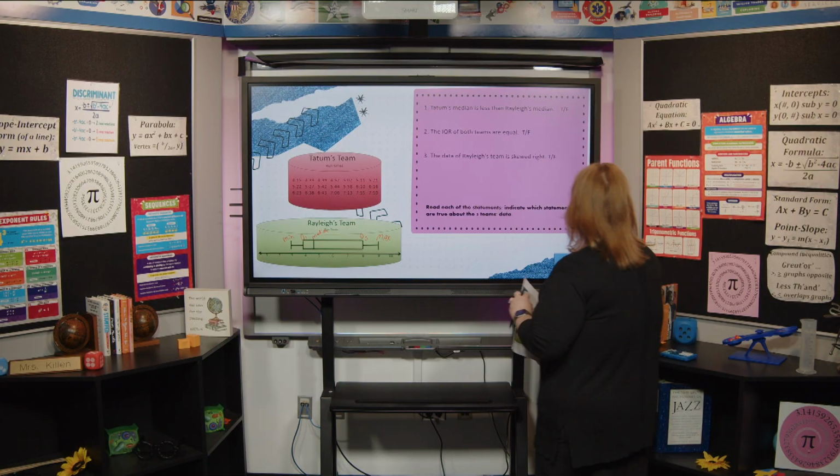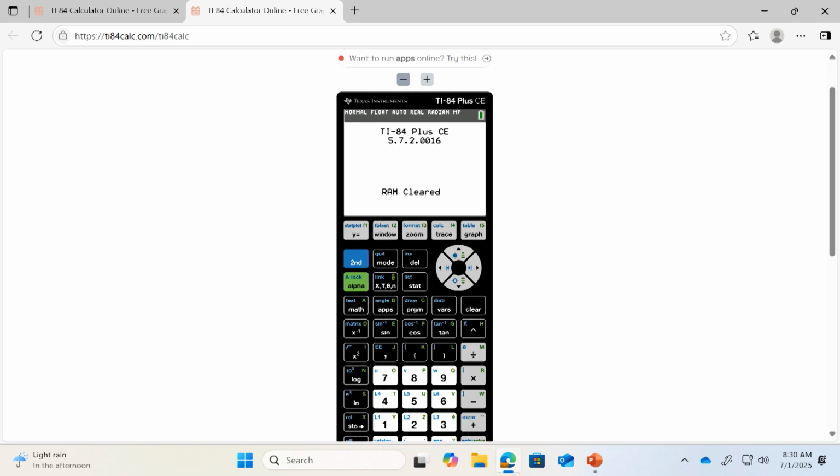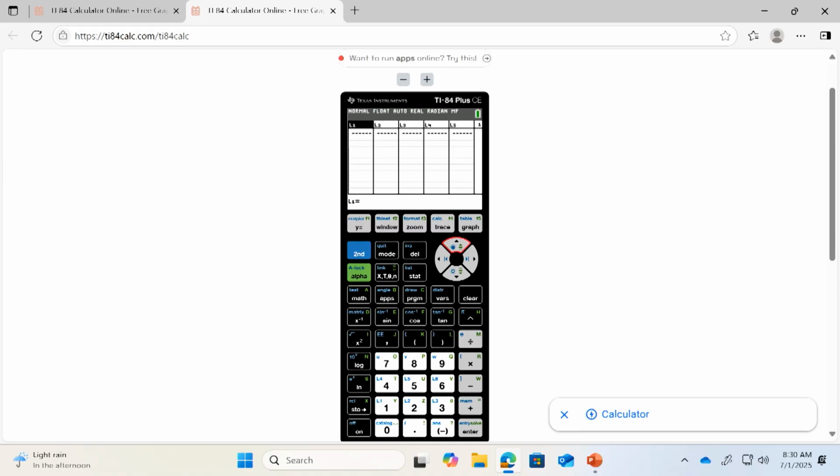So here we go. I'm going to pull up our calculator. Let's go ahead and plug in Tatum's information. I'm going to go to my stat button, and I'm going to go to number 1. If you have something in your list 1, make sure that you scroll up, press clear and enter. So now let's go ahead and put in the numbers. I'm going to put 4.15, 5.22, 6.23,